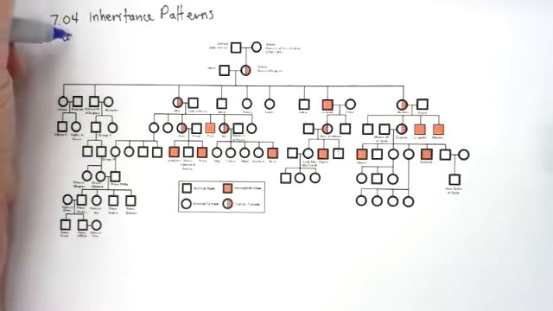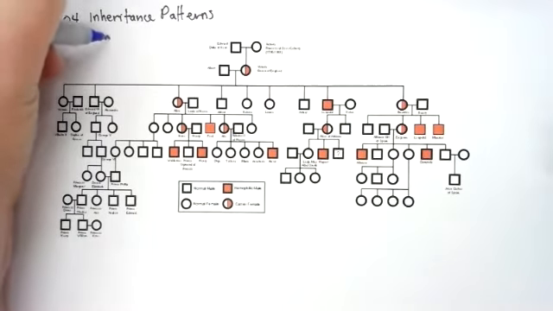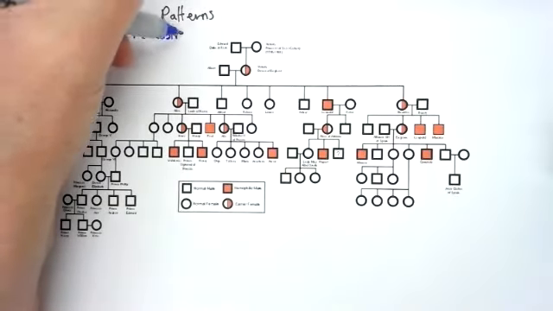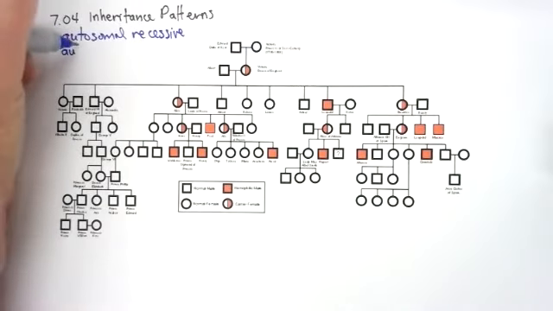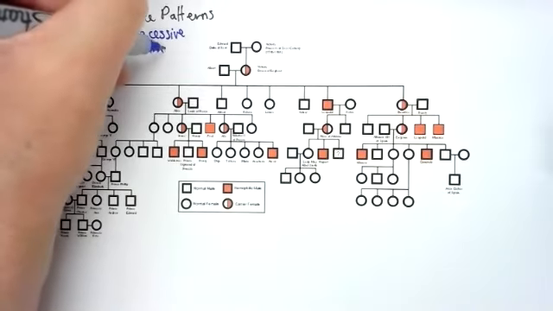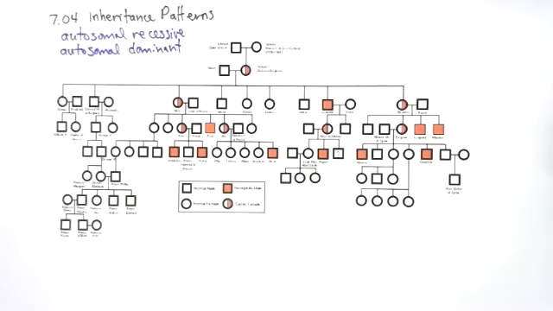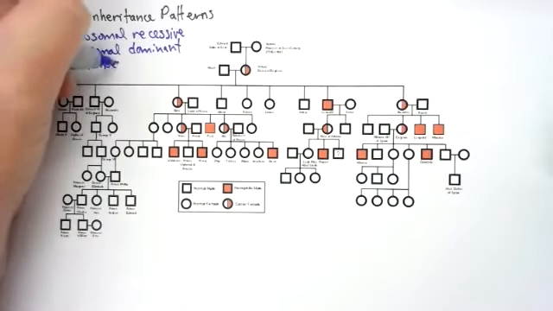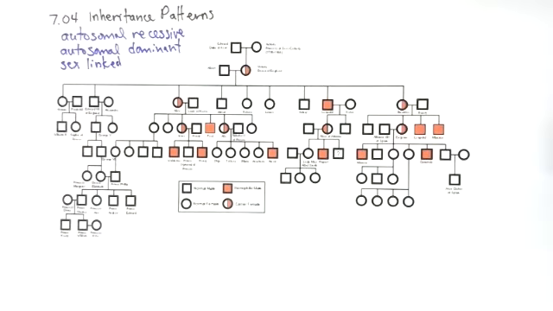are autosomal recessive, autosomal dominant, and sex-linked. And each one of the pedigrees for these look a little bit different. So we're going to look at an example of all three of these and talk about the tells, the way that you can